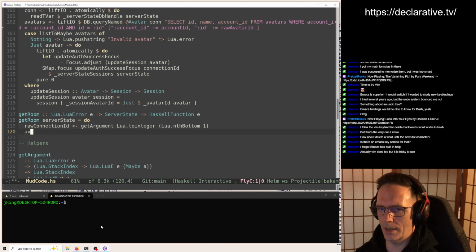So let's get the avatar. We're going to have to give it a parameter, probably the connection ID, to look into the map.